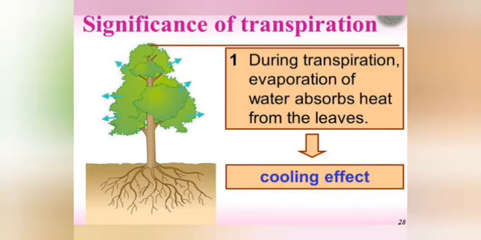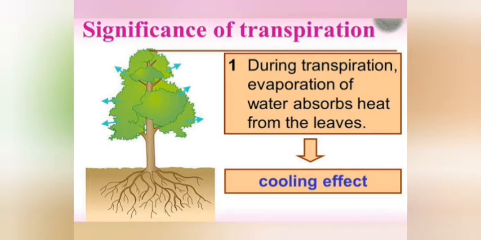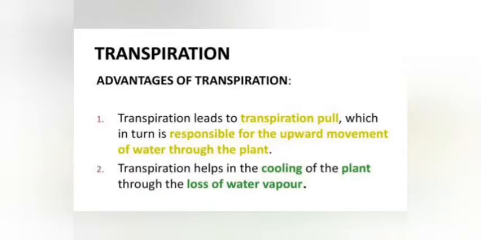By releasing water in the form of water vapor during transpiration, the plant cools itself and the surrounding environment. This is like sweating. During hot weather, our body sweats to keep our body cool. Like that, transpiration provides a significant cooling effect that also helps to prevent damage to the plant cells from the hot sun. The last one is the effect on minerals and water transport.